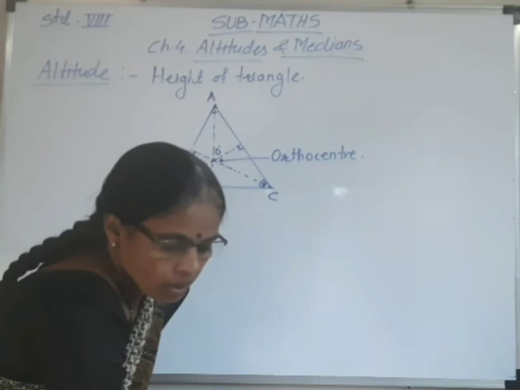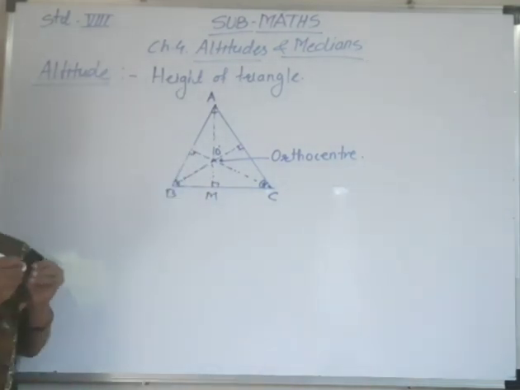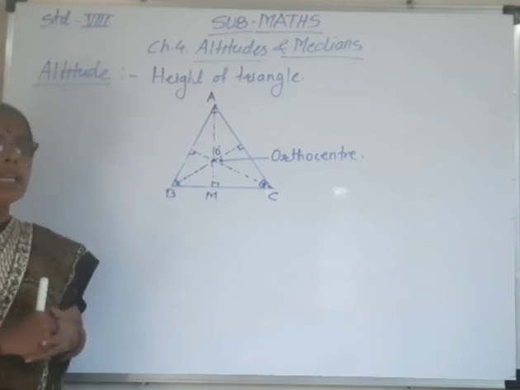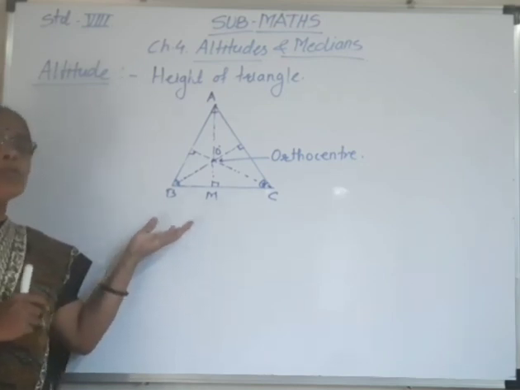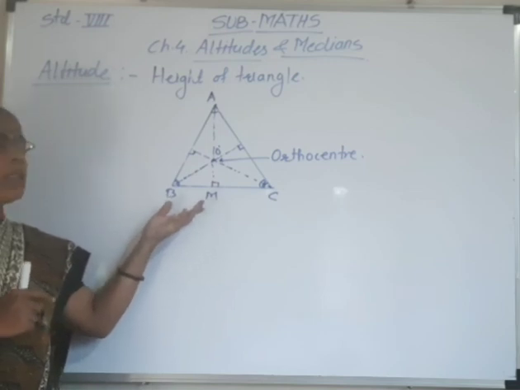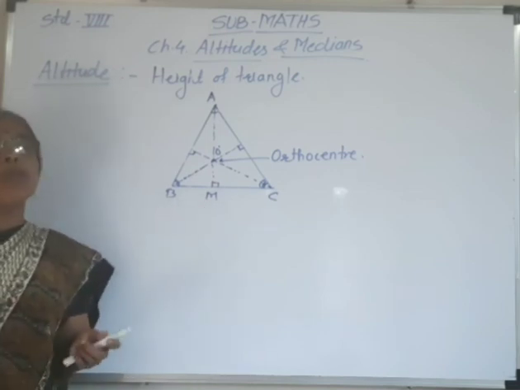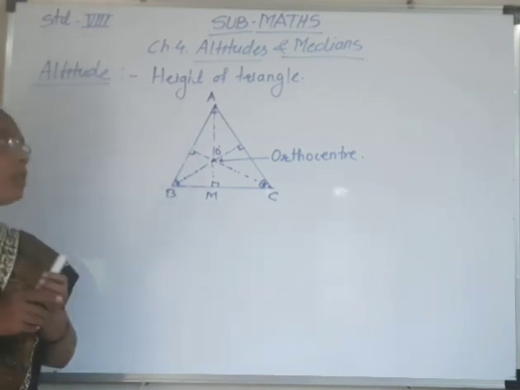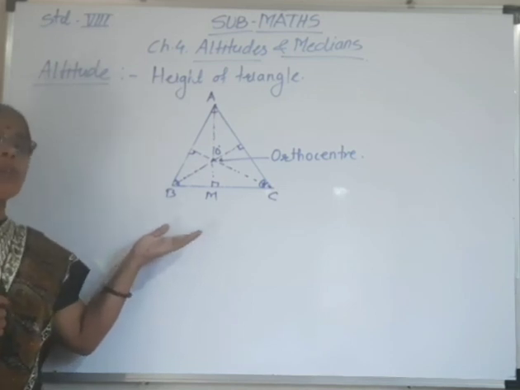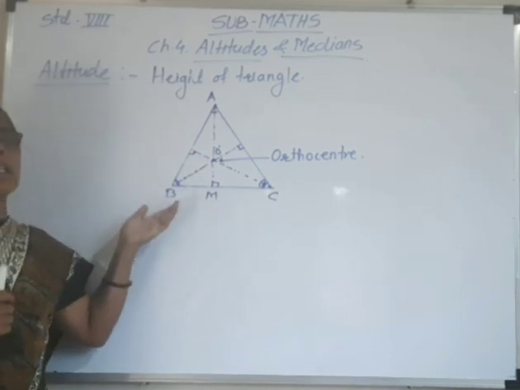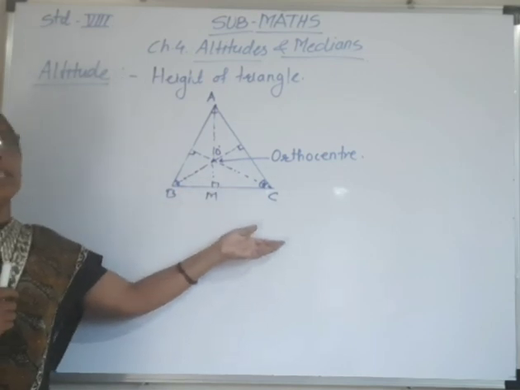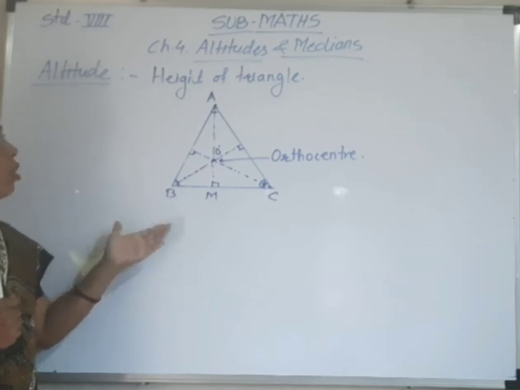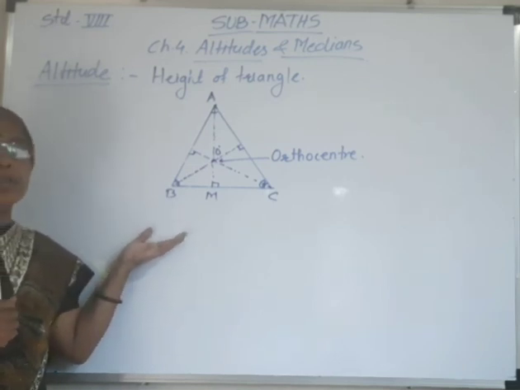Similarly, now you have to draw the orthocenter of an obtuse angle triangle or a right angle triangle. And this is the activity. You have to do this practically at home. Maybe in the Google form these questions are there. So you have to draw these triangles and show the orthocenter, and from that you have to also find whether it is inside the triangle or outside, meaning in the exterior of the triangle. I hope you have understood all this topic, how to draw the altitudes of a triangle.